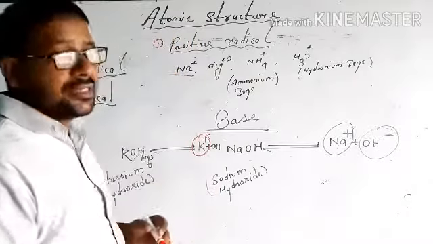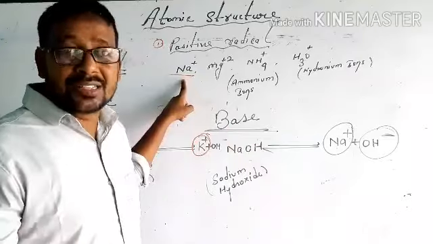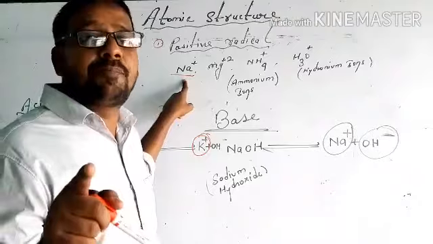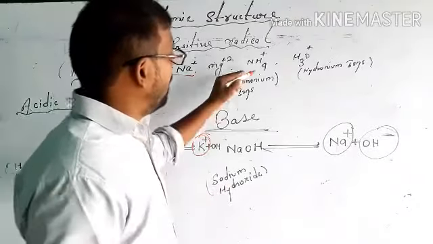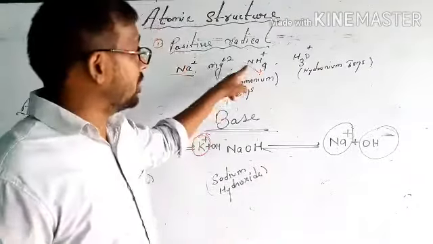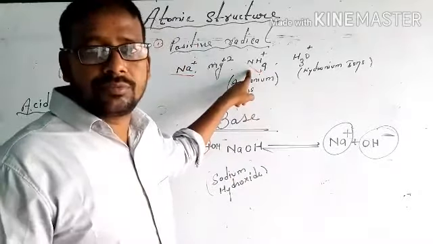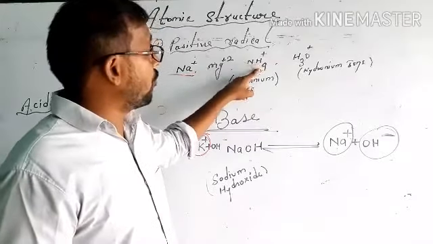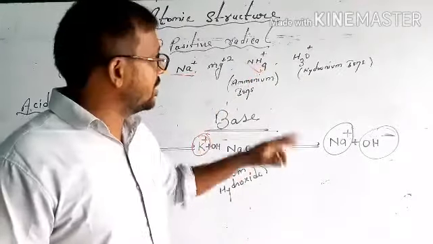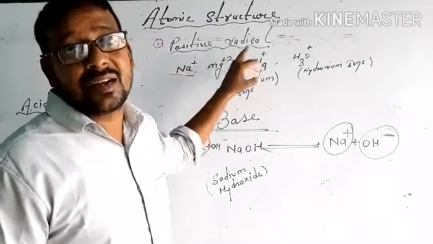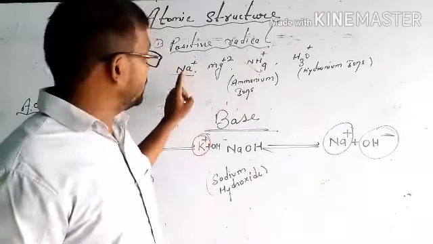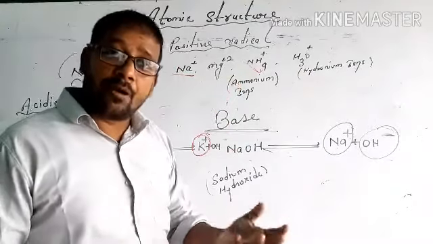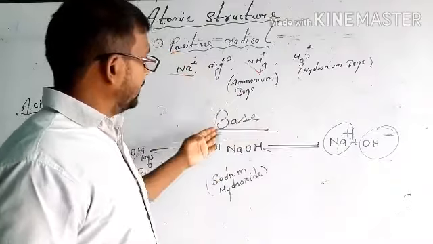Na, this is a single element, so this is a simple positive radical, because only one atom is there. It is given in the book, simple radical, only one atom. But in the case of ammonium ion, you can see it is not an element, it is a molecule or compound, because many atoms are there. Here only one atom is there, here four or five atoms are there, and that is a compound positive radical. So this can be said simple, this can be said compound. So simple and compound may be there in the case of positive and in the case of negative.